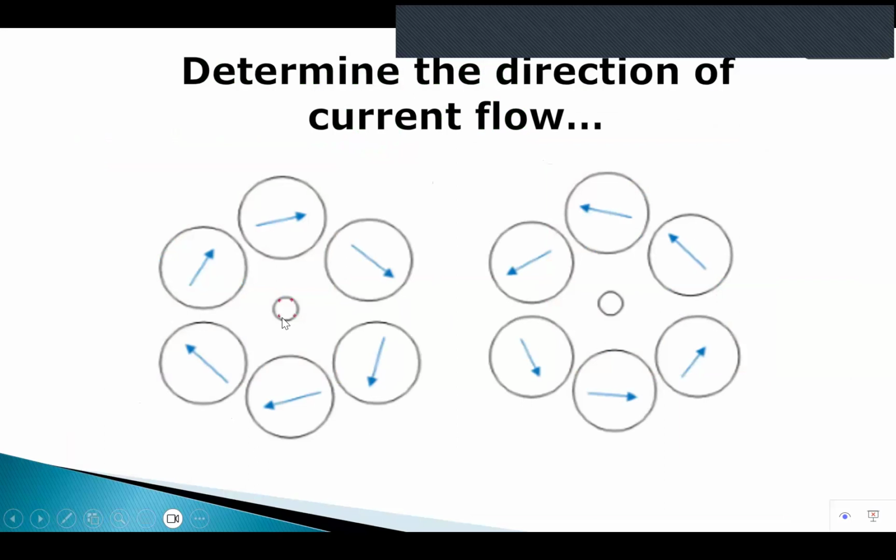The first one, where the magnetic field is going in the clockwise direction, is the current going into the paper. So I see the back side of the arrow, it's a cross. I put my thumb into my screen, I will see that it's clockwise direction. And obviously, the one where the compass needles all point in the opposite direction will be the current going out of the paper, the dot.